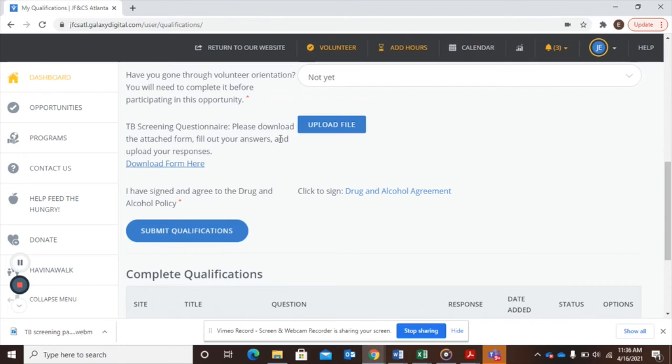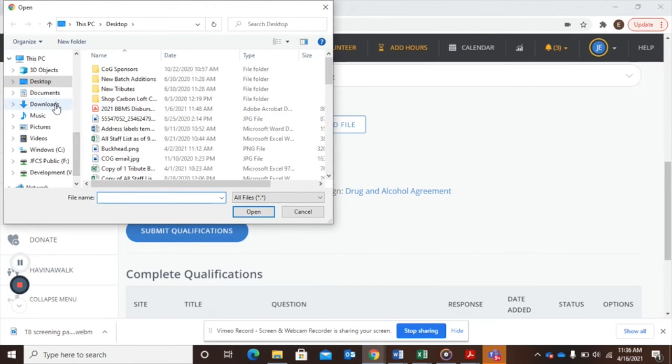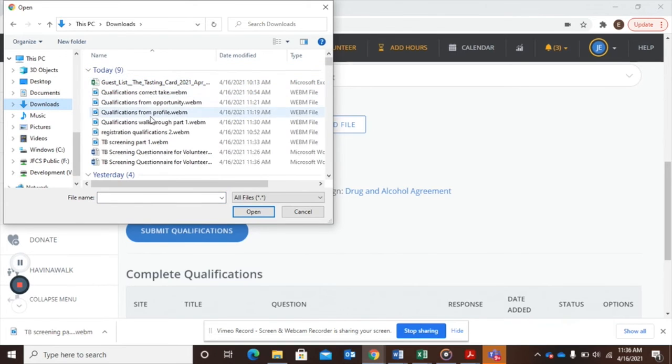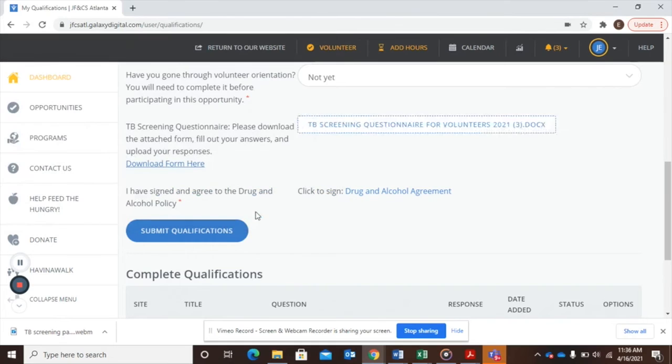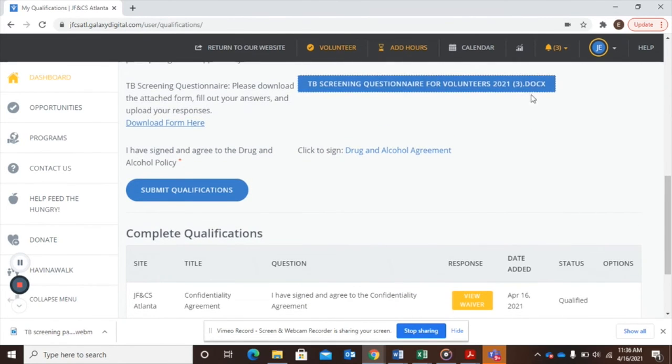Then the next thing on the list is to upload your responses. So we will hit upload file. It's going to open the document section of my computer, and I will go to the download section where it downloaded my list, and here it is. So I will open my TB screening questionnaire for volunteers that I just completed, and now it's uploaded to the